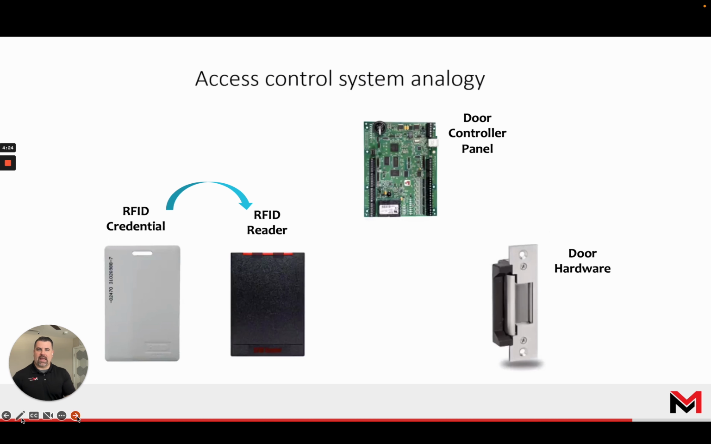So again, instead of a name like Alberto, it's going to have some sort of numeric value most of the time that says, this is who I am. The reader will then send that information back to the control panel, at which point the control panel asks, do I know this person? Do they have access? Assuming so, it sends the information to the door hardware, at which point the door will actually open. Now this happens very, very quickly, but this is what's happening each time a door is opened or allowed